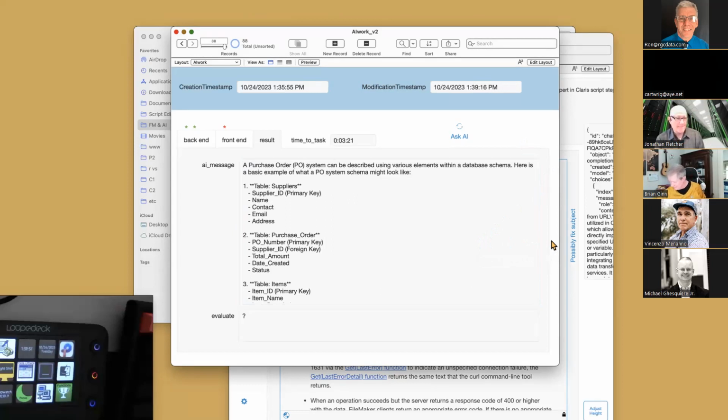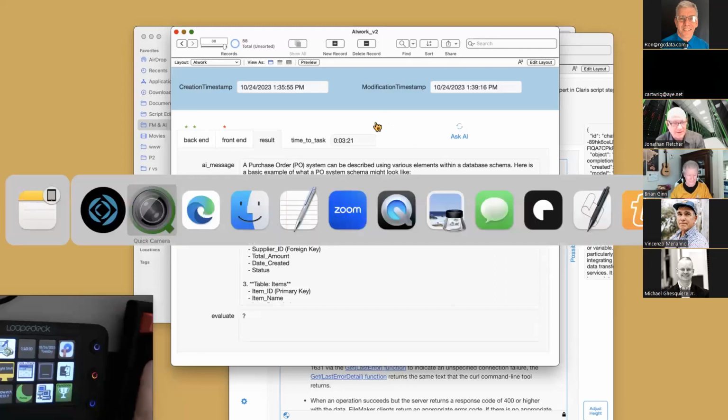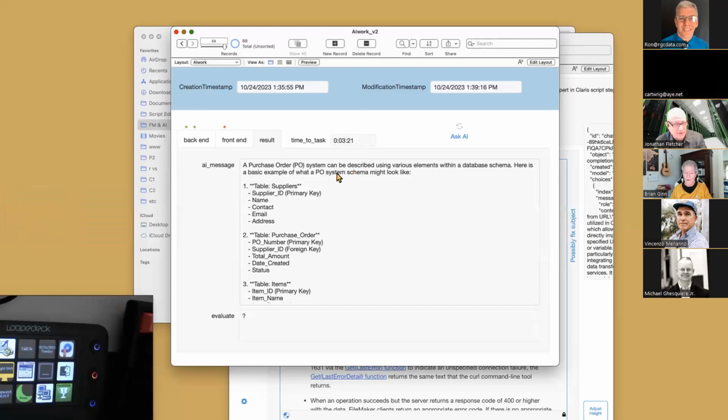Let's see. I'm just looking at my notes. Okay, no, I think that's kind of it. So see, they specified database schema, which is probably what I would have leaned toward in the question. Just to be a little bit more specific about what kind of schema I was talking about.